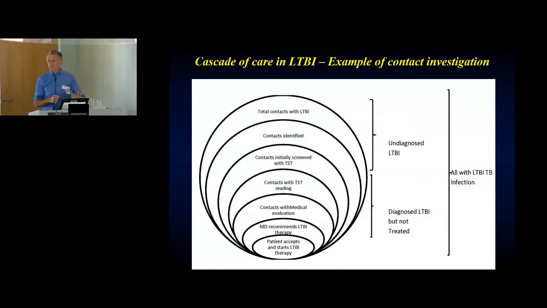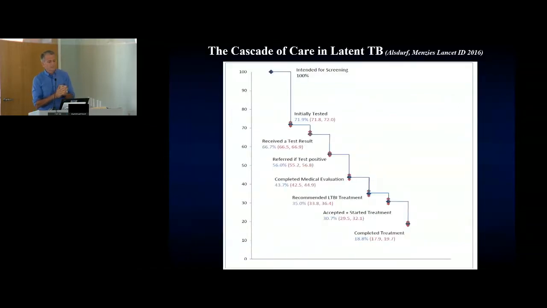And so this is kind of a schematic, but here is, if you will, the cascade of care, showing a true waterfall of steady decline in numbers and percentages. So this was actually based on a systematic review we published a couple of years ago. Hannah's a PhD student at McGill. So starting with the group of contacts, this is actually intended for screening for various conditions, who's actually tested,